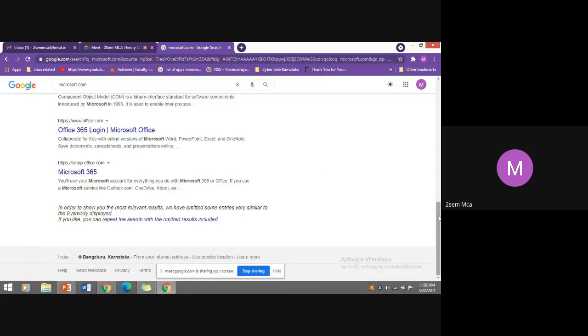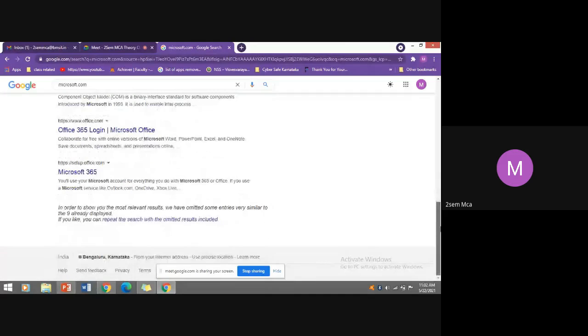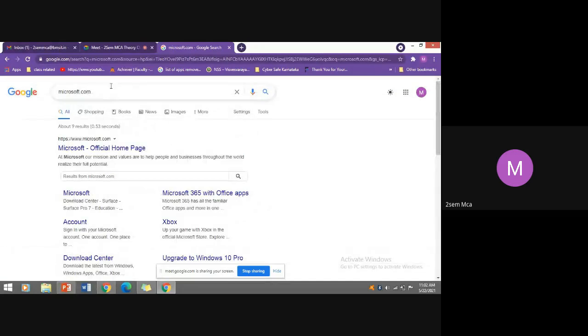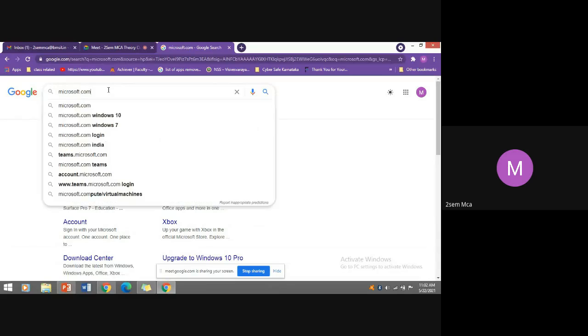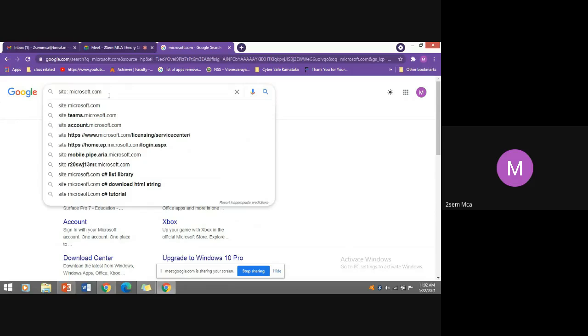It might be relevant to Microsoft, but something is mixed in. But if you use the site operator, site colon Microsoft.com, you are targeting Microsoft, and all related Microsoft website domain and subdomain information you are going to obtain.